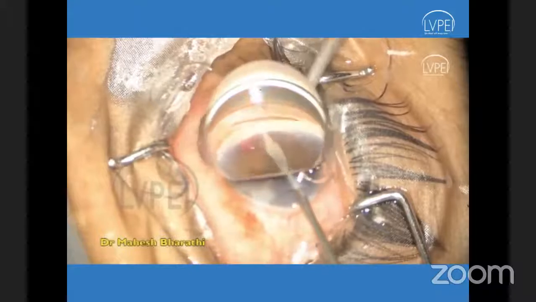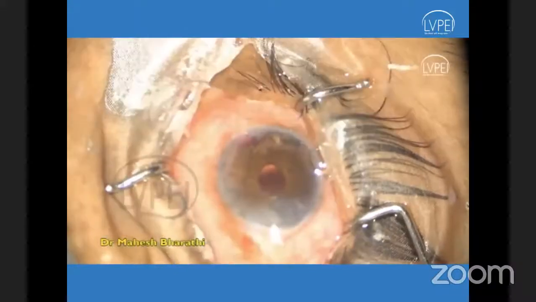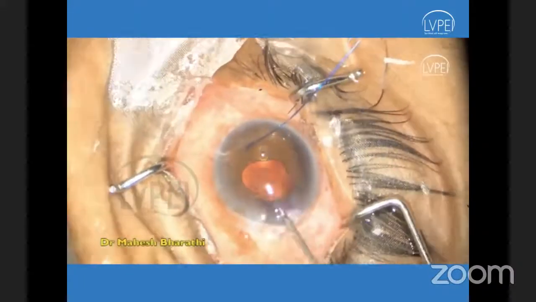A nasal goniotomy is achieved, quite similar to the previous video.